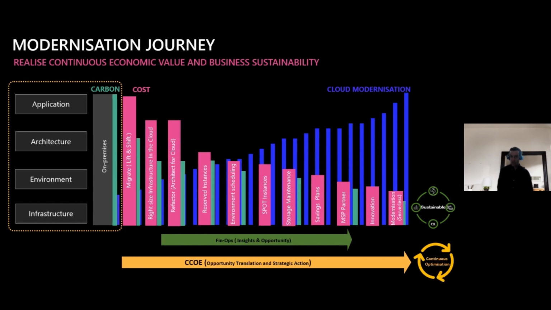And that's those first 2 to 3 blocks there. Because when we talk about right sizing in the second pink block, right sizing is about questioning, do I need to recreate what I've got today? Do the servers need to be the same size as what I've got today? With elements in public clouds such as auto scaling, you don't necessarily need to architect for servers to deal with your peak loads and then have a load of unused compute power sitting there the rest of the time. You can actually optimize it to be in line with your medium loads and then have some auto scaling features to deal with those peaks.